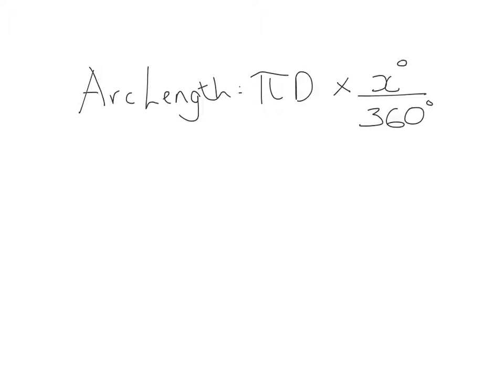So to calculate the arc length, so arc length has got to do with the circumference. To calculate the arc length, we do pi d, which is just your regular circumference, and then we multiply that by our given angle over 360. For example, if we had a semicircle,